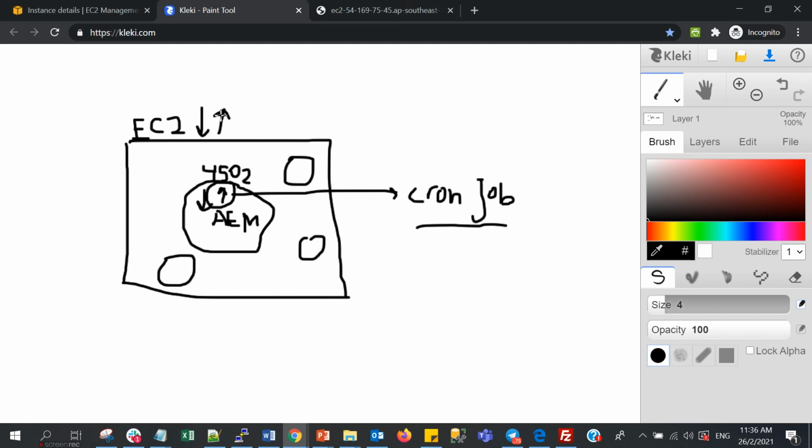And when EC2 starts back, if we don't have a cron job, we need to start it manually. But through this cron job, it will check upon VM reboot, and when the cron job detects this VM reboot, it will run the command to start AEM. So AEM will be automatically started.